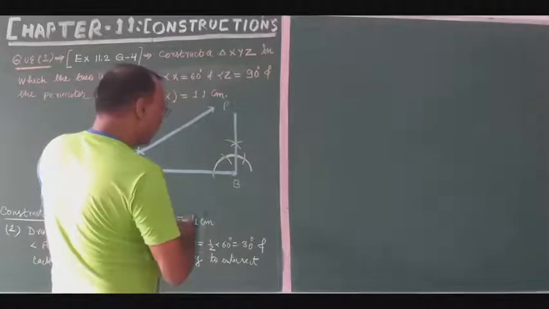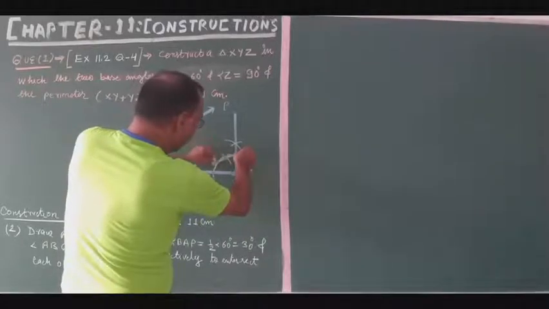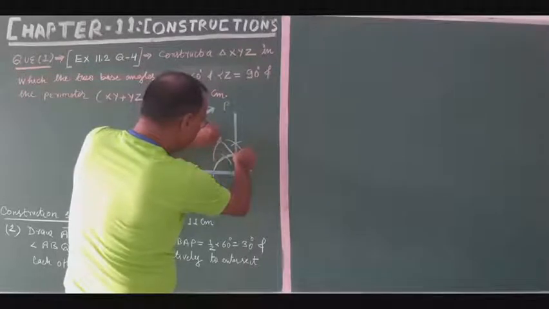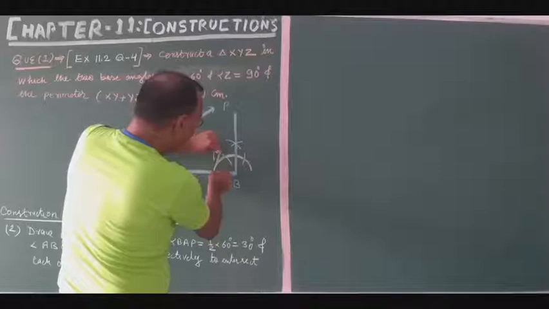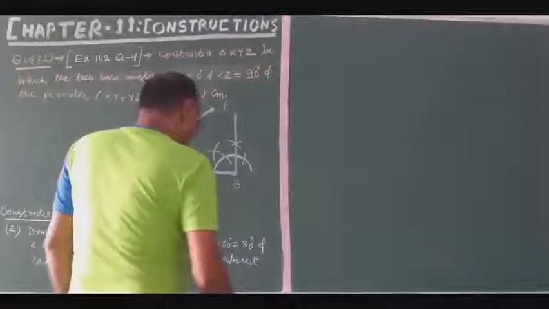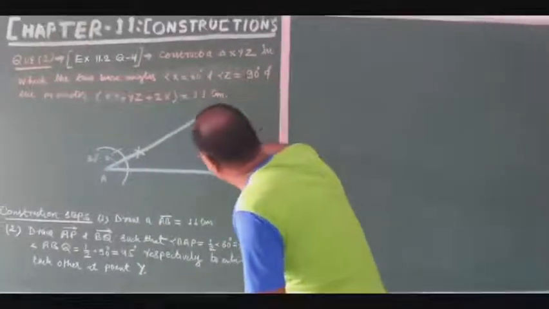So what we will do then? We will put the compass here and more than this arc radius, we will cut off the arcs like this and they will intersect here. So this will be the angle 45. This is the angle 45 and